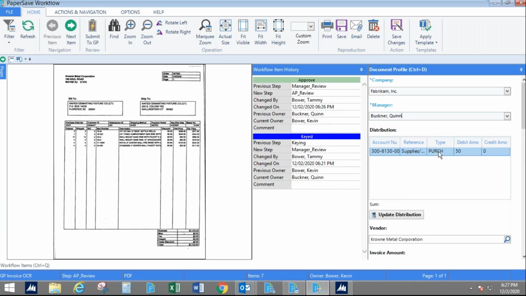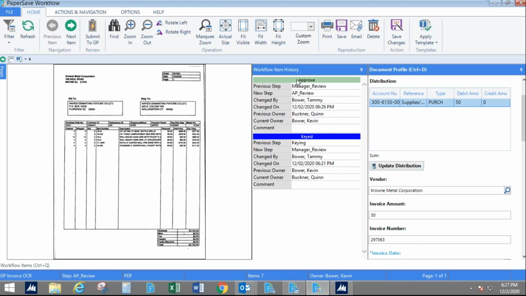And at this point, all I have to do is look at it. Maybe I do need to put in the GL distribution at this step. That's, again, up to you all. I can see who's approved it, when, and where it's been. And all I have to do is hit a submit button. It's going to take all of this data and it's going to create that transaction in GP. Now, one of the things I am going to do, change the